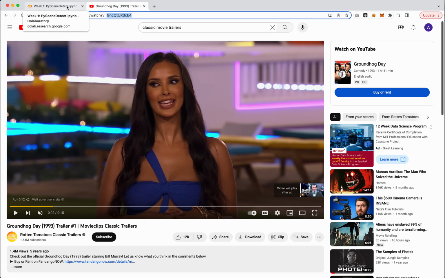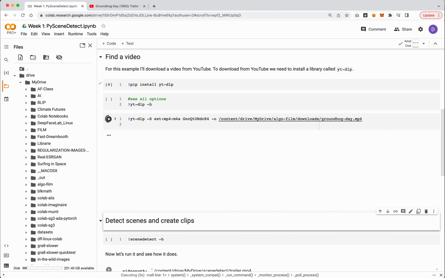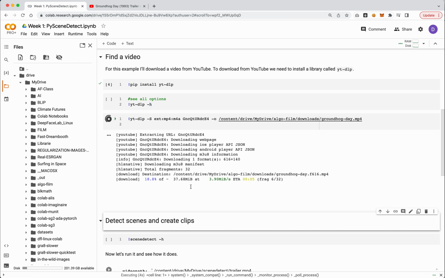Now you could go and grab whatever film you want from YouTube. I generally recommend trying a trailer to start with because they're short. So grab that and then make sure you just name this the same way. If you did make the algo film folder like I did, just make sure it's in a place where it kind of makes sense. I'll just leave this as is, and we'll just run this, and you'll see how quick it is. This is now downloading. You'll see ETA is a couple seconds.